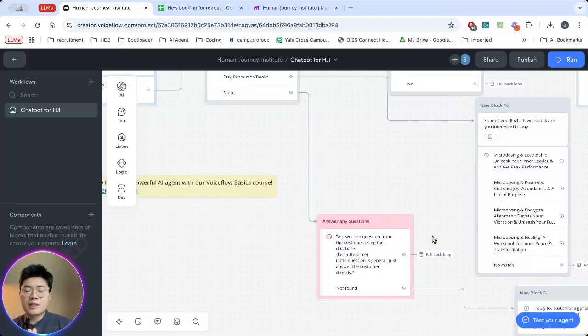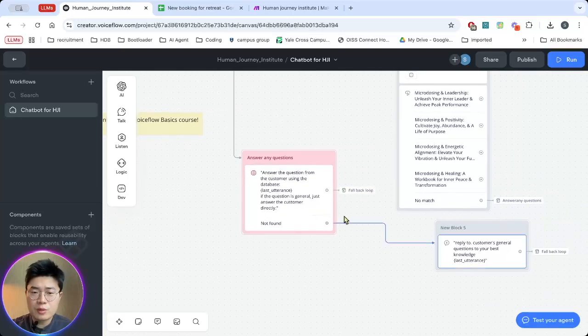So basically, from here, the customer may ask a question that's not even relevant to the business, right? The customer could be asking, "What's the weather like today?" All right, or is it safe to go to New York tomorrow, or something like that, right? This is completely irrelevant to the business your business is having. Then what we want to do